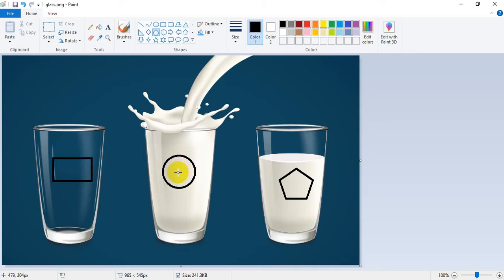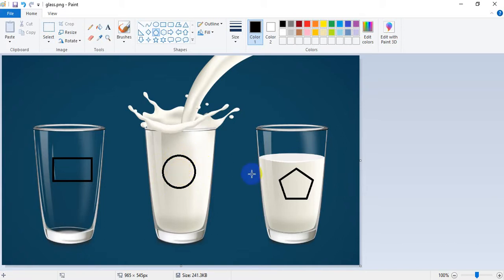As we know, a line drawn from the center of the circle to anywhere on the circle is called a radius. So we can put our cursor at any point on our circle, and it will be considered as a radius. There is a little thing which I will tell you when I note down the coordinates of circle.